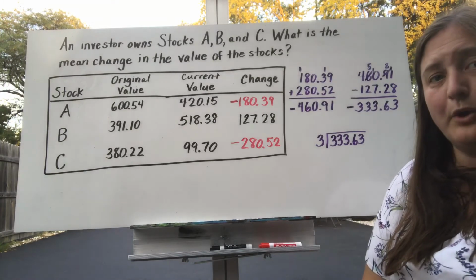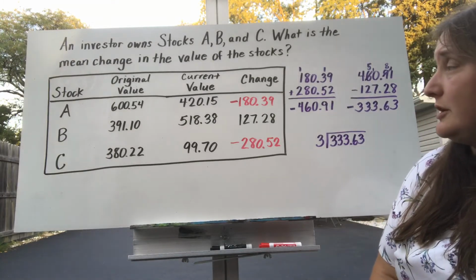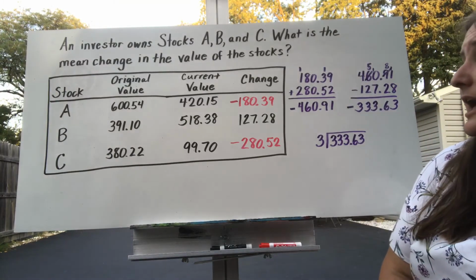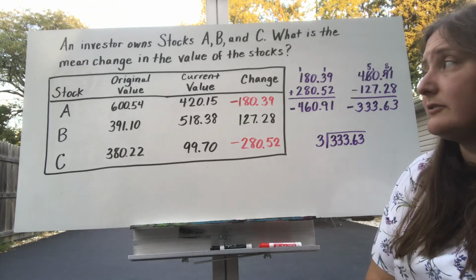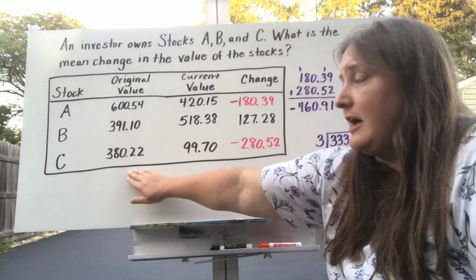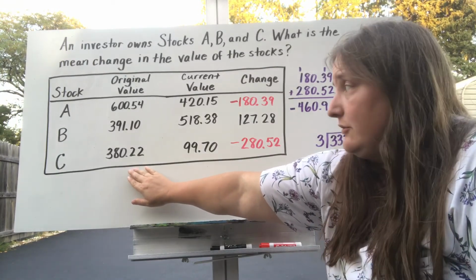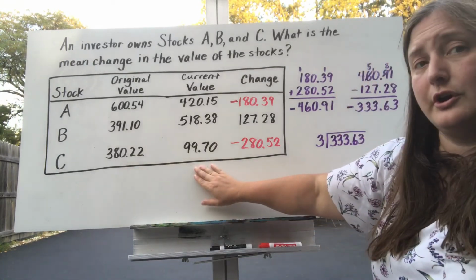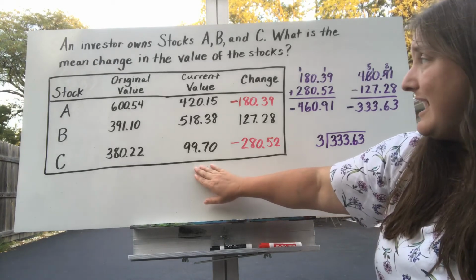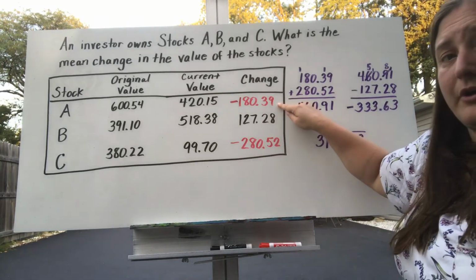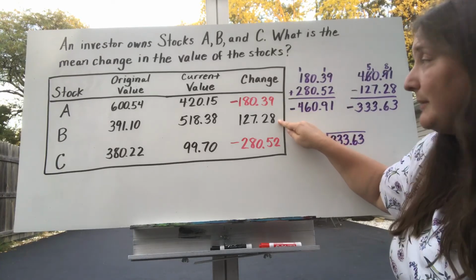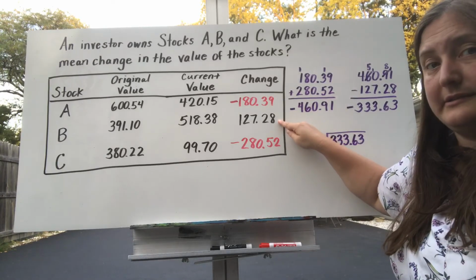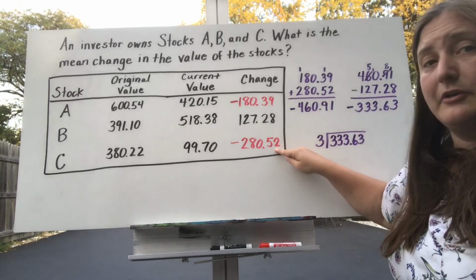All right, finally, a word problem. So we have an investor here who owns stocks A, B, and C, and he wants to know what is the mean change in the value of his stocks. So they started off at a purchase value, an original value here, but this is what they're currently worth. So for stock A, the value of that stock has gone down $180.39. Stock B has gone up $127.28. And stock C's value has gone down